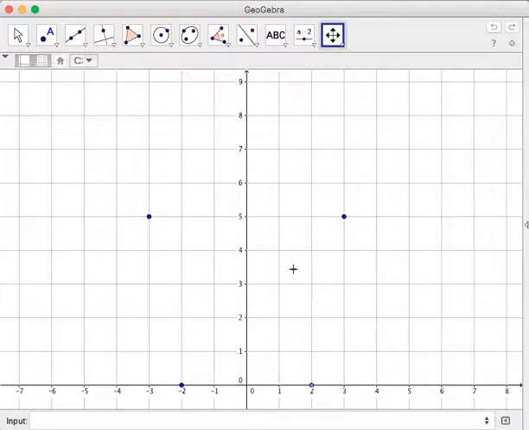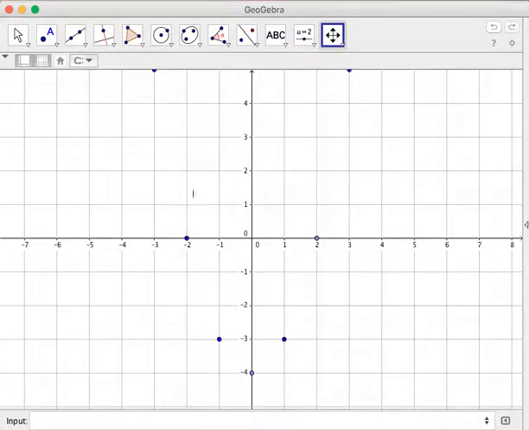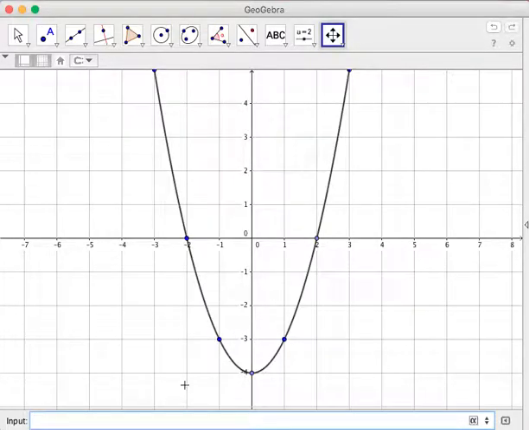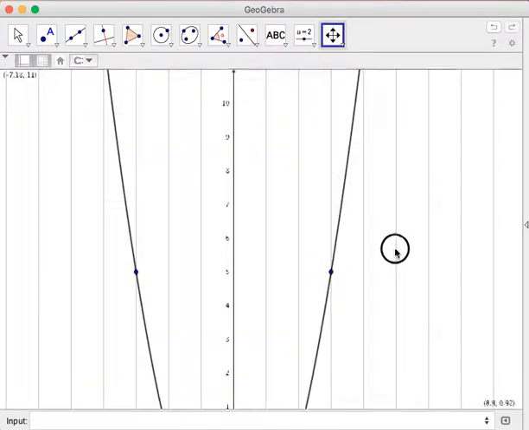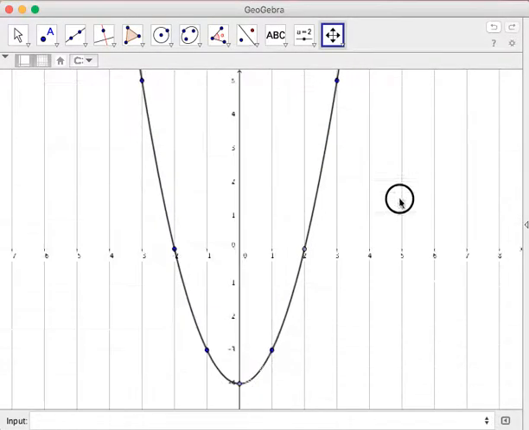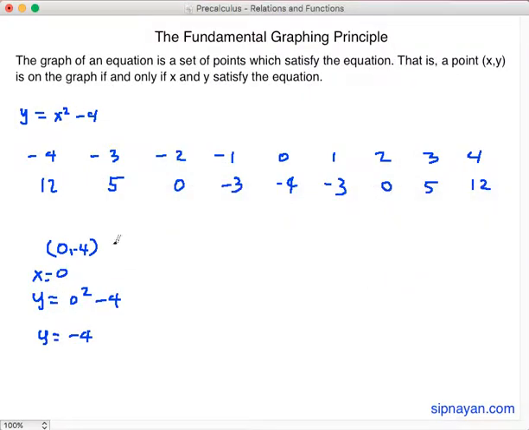So, lahat ng coordinates ng mga points na to, nasasatisfy niya yung y equals x squared minus 4, di ba? Kaya pag tinype natin yung y equals x squared minus 4, nandun yung mga points kasi nasasatisfy niya. Meaning, kung hindi niya nasasatisfy yung equation, wala siya dun sa graph. For example,